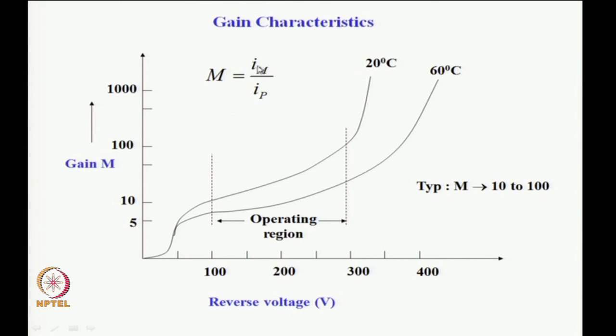This is the current after the multiplication process, and I p is the primary photocurrent due to the incident photon. So, at 20 degrees Celsius, for example, the current gain increases initially as